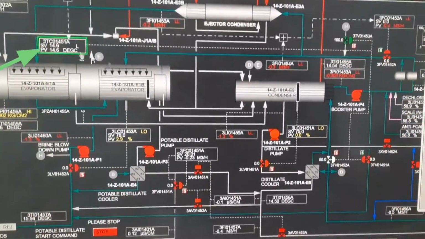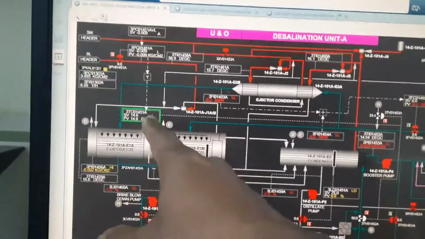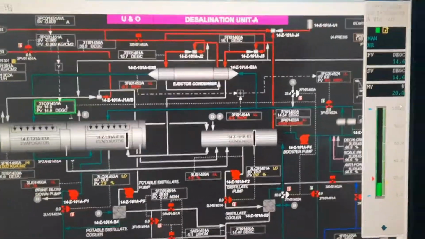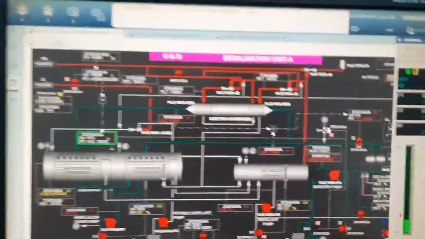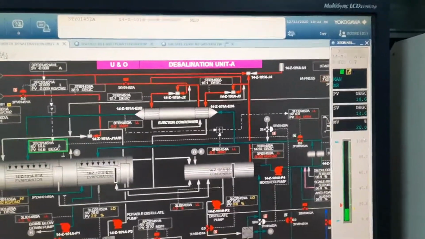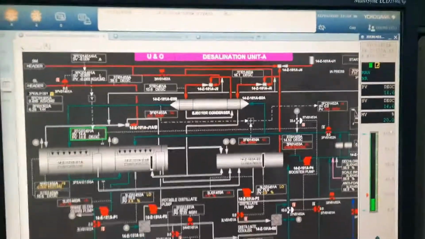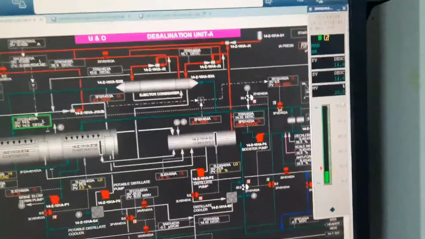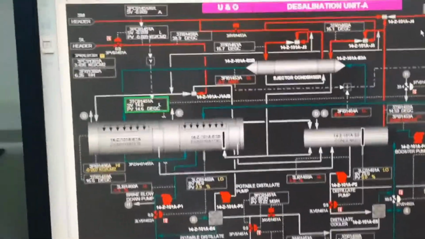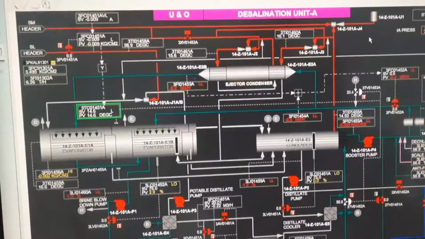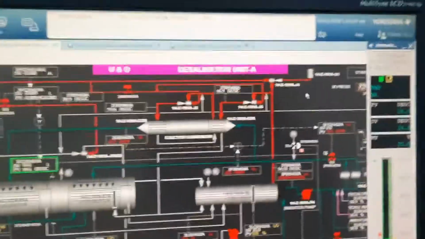Okay, this recirculation valve needs to be opened around how much? 20%. This is the main controller. If you open this main controller 1451 to 20%, the recirculation valve opening will show 33%. Because before starting the pump, if the recirculation valve is opened less, that is good. If you open it more, pressure suddenly comes down, flow suddenly goes, and the pump may trip. So for your safety, this main controller needs to be opened 20%, and the recirculation valve the first time you keep open 33%. Clear? Okay.